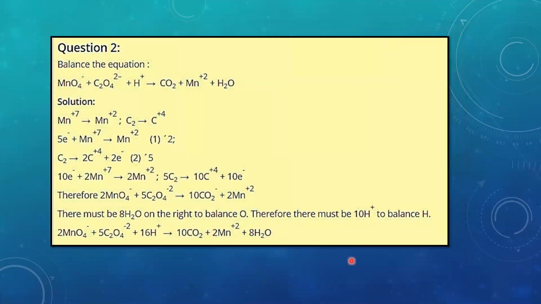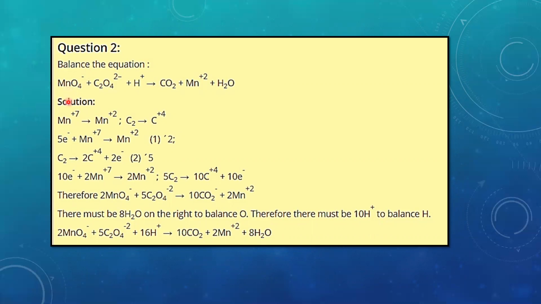Let's solve one more example. Again, this chemical reaction is also taking place in the acidic medium, because here this is an oxalate ion as well as you can see H plus ion, which proves that this reaction is taking place in the acidic medium. So again same, here it is a polyatomic ion which is having -1. So let's calculate the oxidation number as we have learned earlier.